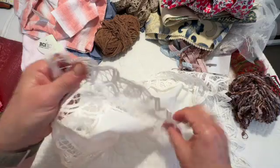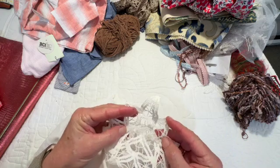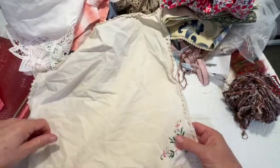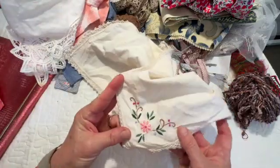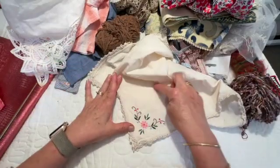Not that one because it's got a stain on it. But if you wanted that, you could fussy cut the three of those there and put that on the roof. This was another one. This is just all plain, but just this one here. It's quite nice. So if you wanted to cut that out, make that into a little square and